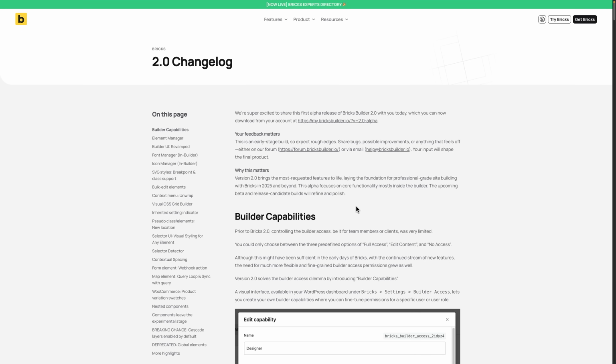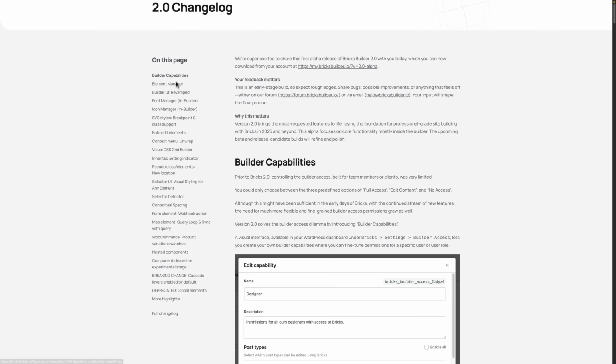All right, so in this 2.0 release video, or any kind of release videos, we're going to have a look at the highlights of Bricks 2.0. On the left-hand side, you can see a list of all the highlights that we selected. Of course, at the bottom, you can find the full changelog. There are many more new features, improvements, and bug fixes, but those are the ones that we would consider the highlights. And while you can see at the bottom here a couple of features that also have an impact on the front end, what's basically possible to build with Bricks,